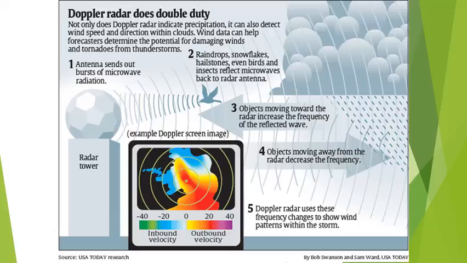So this became huge. Not only were you able to tell how far away the precipitation was, you could actually tell the wind speeds within the thunderstorm, which becomes very useful in detecting whether or not there's rotation in a thunderstorm. Once you know the wind profile within the thunderstorm, you can see if there's rotation inside it, which could potentially lead to a tornado. So that's why Doppler radar is so very important when it comes to severe weather coverage.